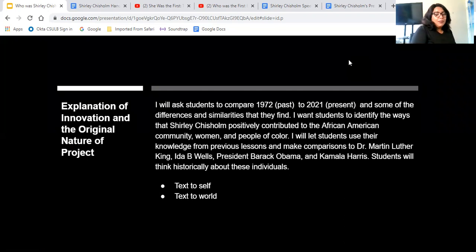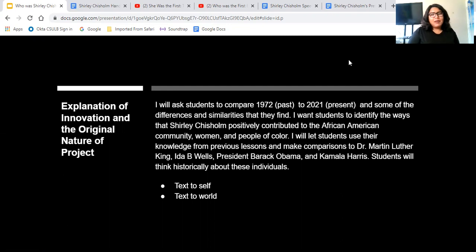So for this project, I'm going to ask students to compare 1972 to 2020, and they're going to be using text to self, text to world, maybe use some of the knowledge they learned before, like Dr. Martin Luther King, JFK, and kind of compare the recent assassinations to Shirley Chisholm's bravery a few years later, 1972, and then talk about maybe how she paved the way for people like Barack Obama, Kamala Harris, and